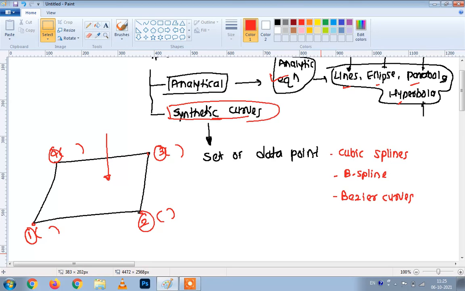So, in this particular lecture, we have seen the 2 types of representation of curves. First one was the non-parametric, second one was the parametric equation. As well as we have seen the different types of curve. First type of curve is analytical curve, and second one is synthetic curve. Analytical curves are represented by using analytical equations, whereas synthetic curves are defined by a set of data points. Now in the next lecture we will see the different types of analytical curves like lines, circle, circular arc, ellipse, parabola, hyperbola, and we will see the derivation, as well as for each and every type of curve we will solve the different numericals.